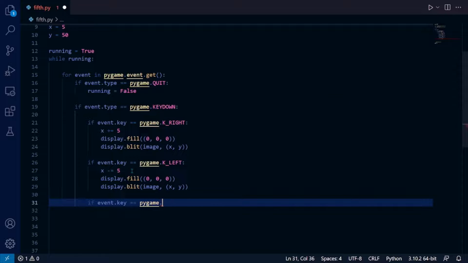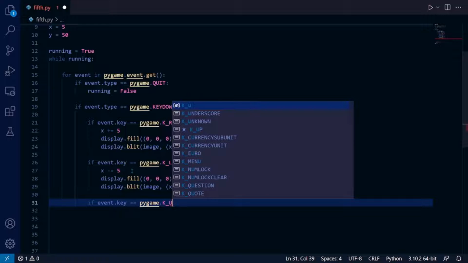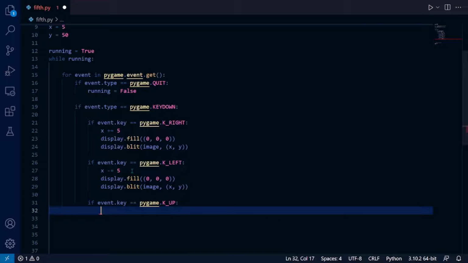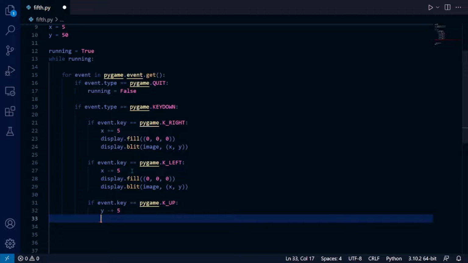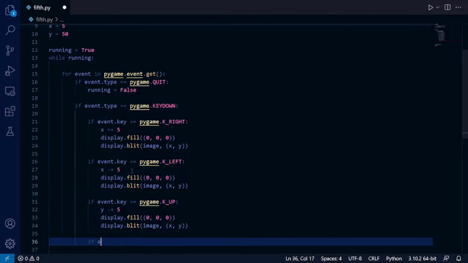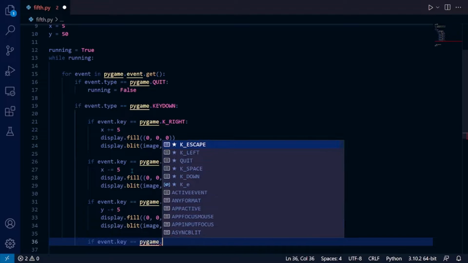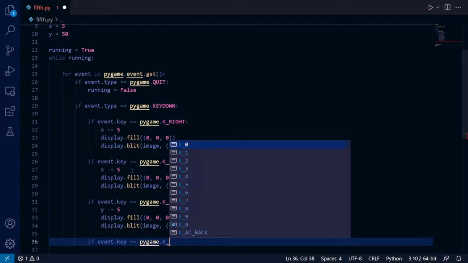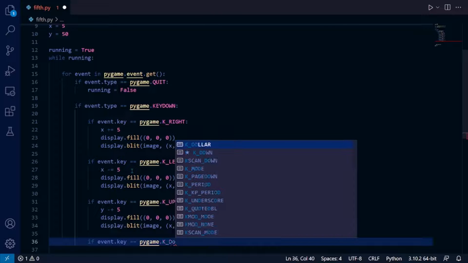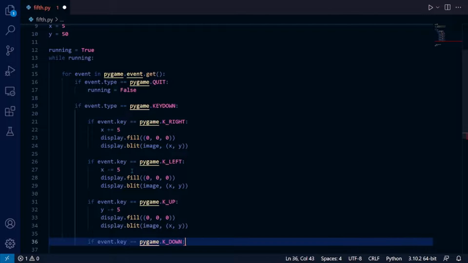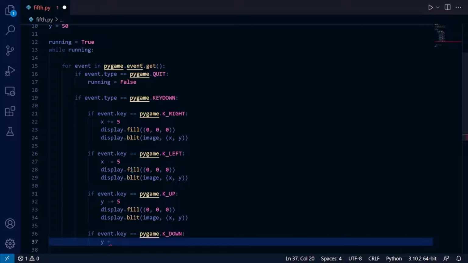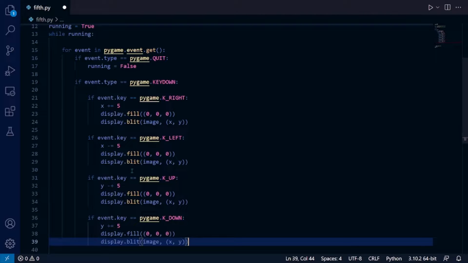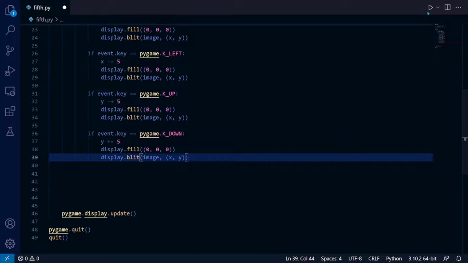It's pygame.K_UP, and this time we'll subtract 5 from y, and then we'll paste the same thing again and do the exact same thing, except we'll put DOWN after K_ and add 5 to y, and paste this again. Okay, now if I run this,